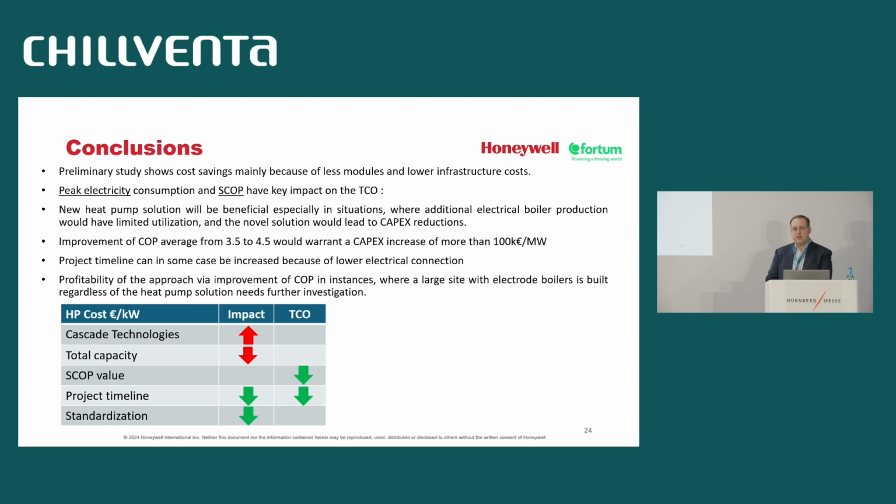Of course, we have a better seasonal performance, and that gives also a positive upside to how we're affected by the electricity costs on the market. So if we have better efficiency, bigger cost changes on the electrical market won't affect us as much as if we had a lower